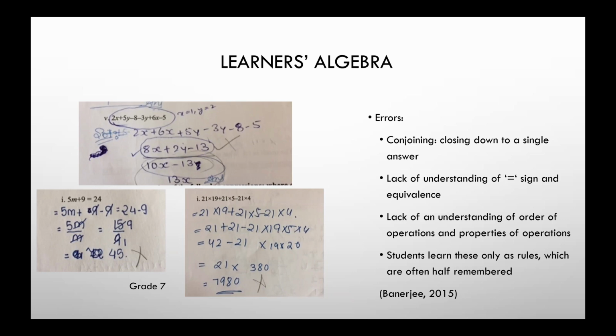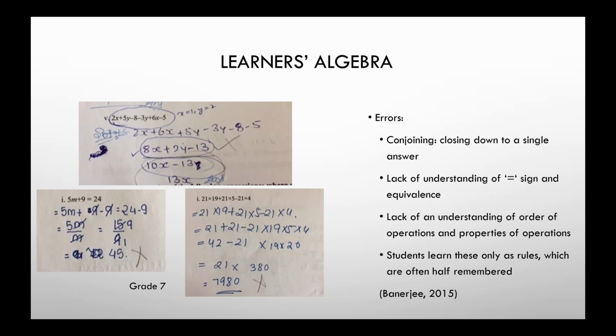Now, these are classic cases of not probably understanding what these symbols stand for and what we actually have to do with these symbols. Even if we say simplify, evaluate, solve, what does it really mean to be doing any of these three things? So what we really see in these three examples is a classic case of what is called conjoining, that